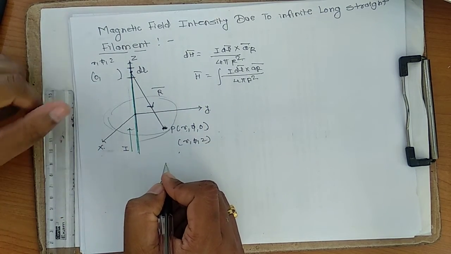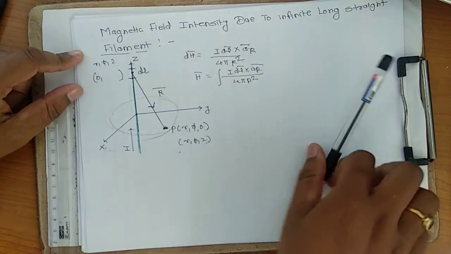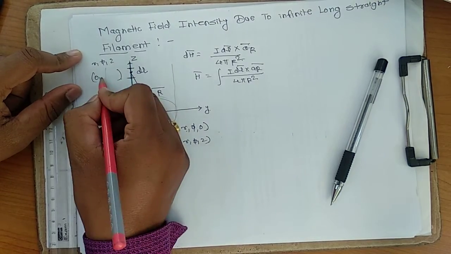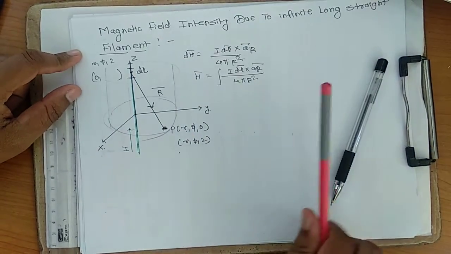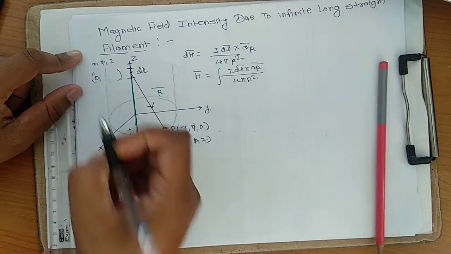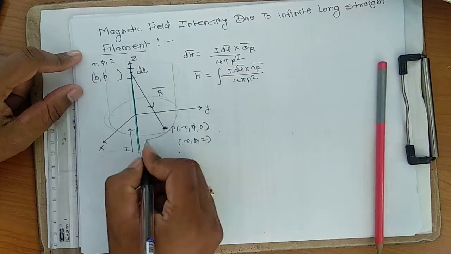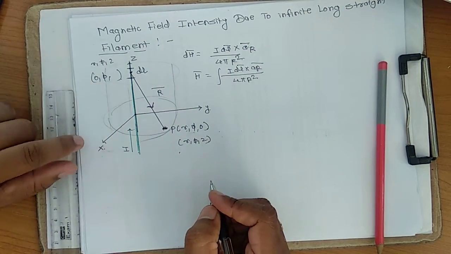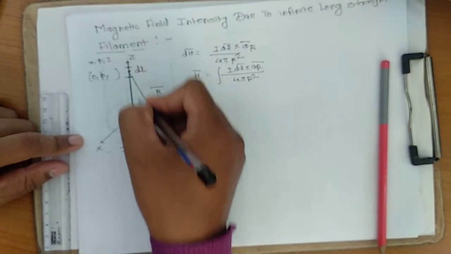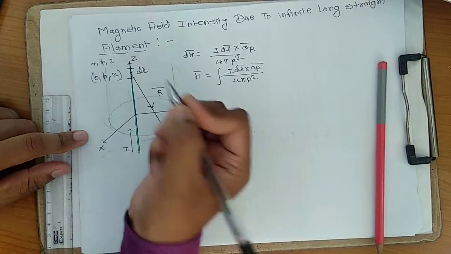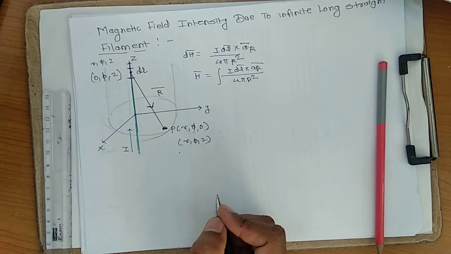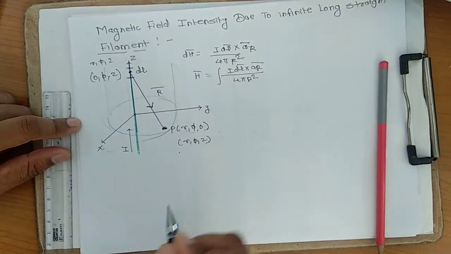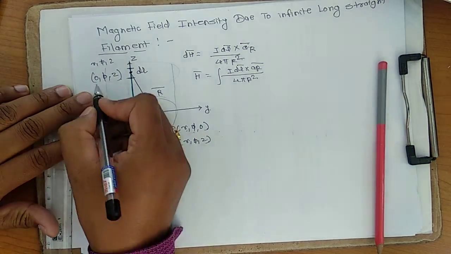Now if you are considering the cylinder, imagine this as a cylindrical system, and this will be one straight line, an imaginary cylinder will be there, then we have to consider the same phi as available at this point, same phi. Now what about the z coordinate? Some z will be there, so this z distance you have to calculate as z. Z can be anything, 1 meter, 2 meter, 3 meter, anything, if you are calculating at this point. Now it is 0, phi, z.